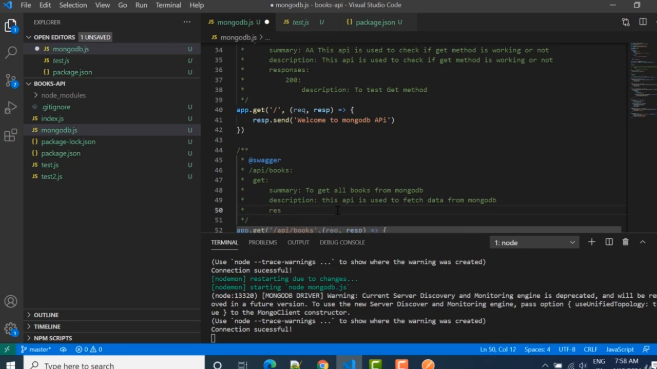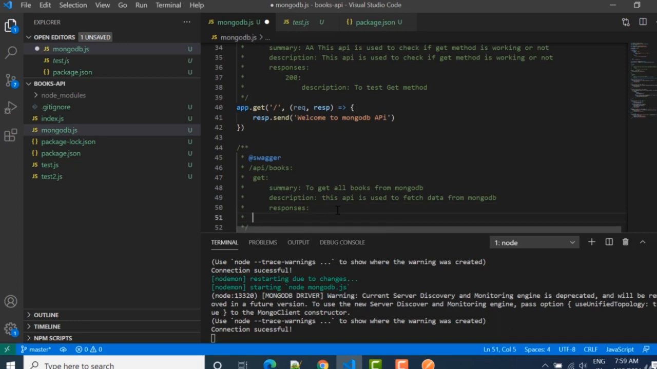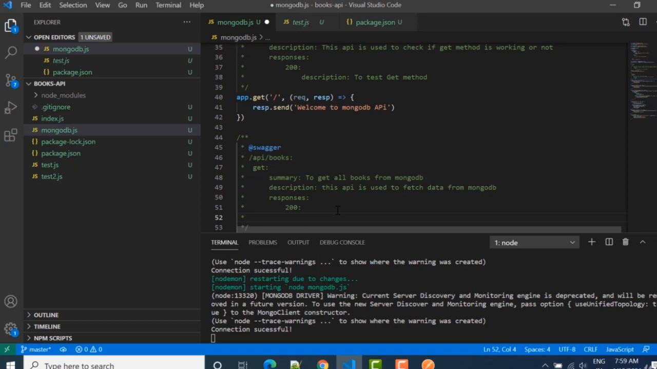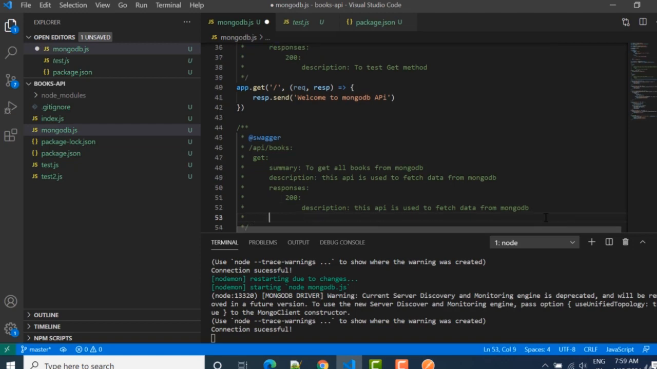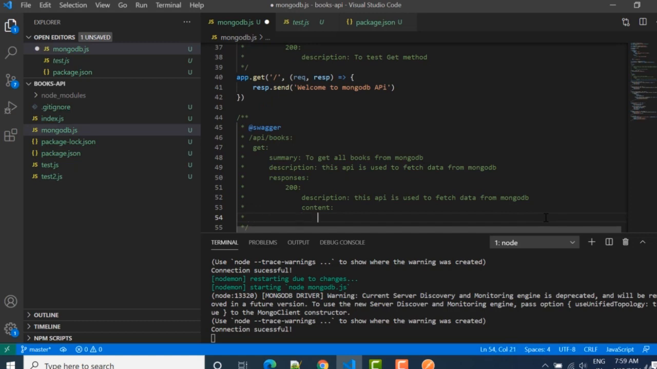Now after description we have to give the response. So we will write here responses, and then responses will be 200, and in this response we have to give the description of what kind of response we want. So I can say simply this one, right? So we have here responses. Then next thing is we have to give the content. So what kind of content do you want? In content, what kind of data you are expecting. So I'll write